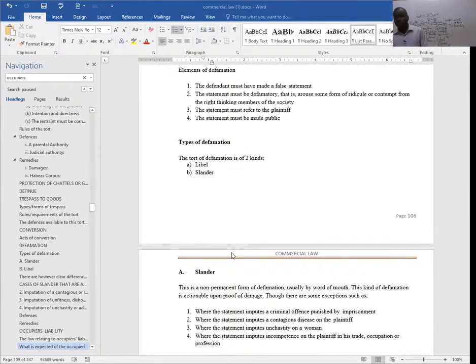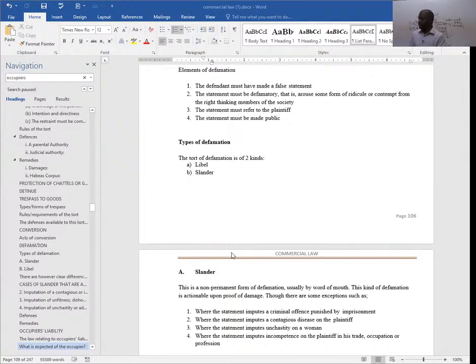So if today I make a particular statement about Becky, which imputes some criminal activities on Becky, it simply means that Becky doesn't have to wait for the damages to occur, or maybe for her to be laughed at, or looked at by other people as a person who's involved in criminal activities. There's no need for her to wait for the damages to occur. She can simply go ahead and accuse me in a court of law of what you are calling defamation and what you are calling slander.